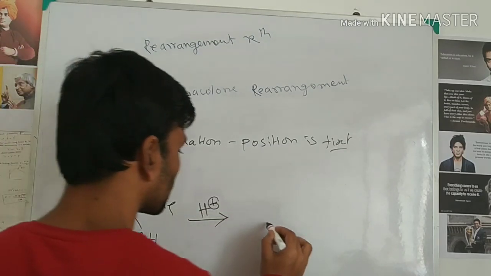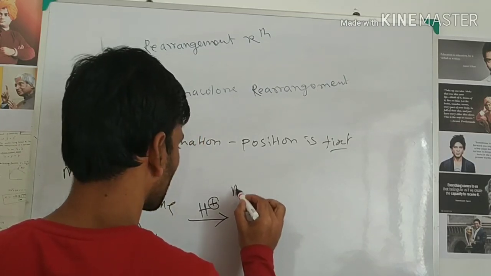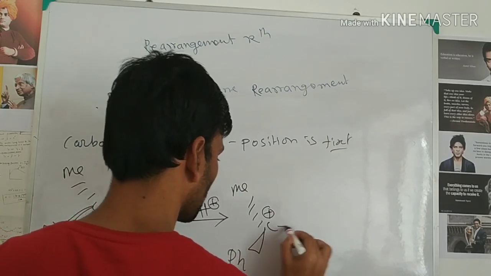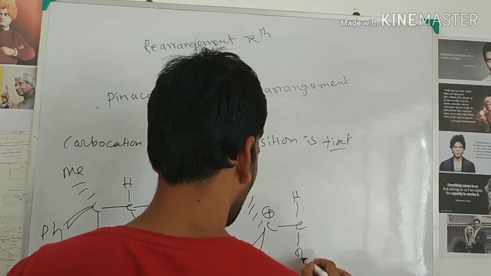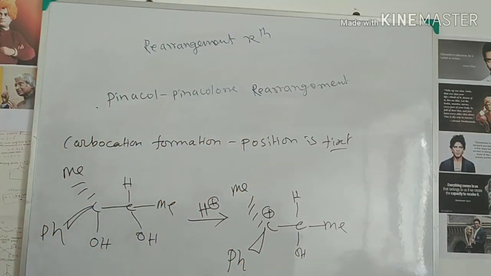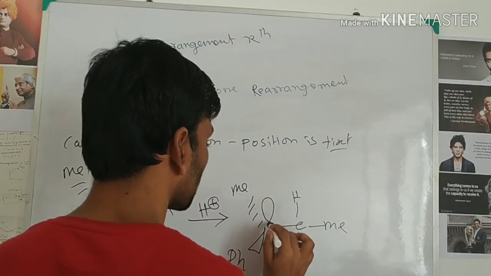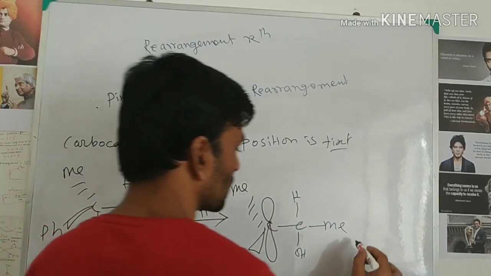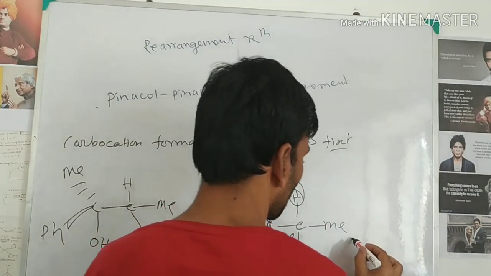Now this carbocation is formed here, and this hydrogen group is shifted here, and finally